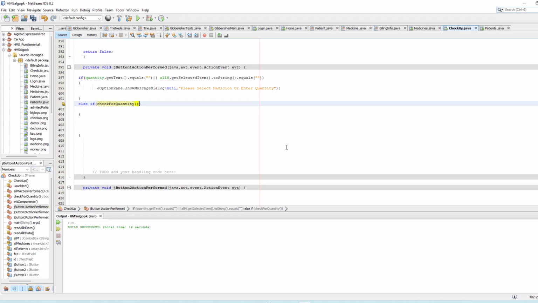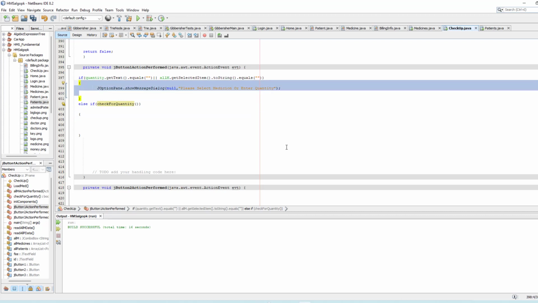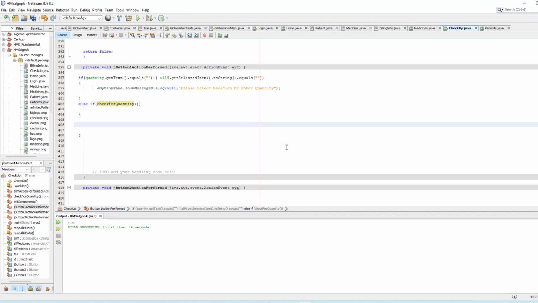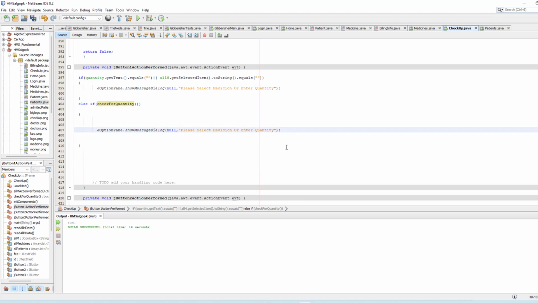So what we have to do here, we have to copy this message and display. Current quantity is greater. Okay, so our current quantity is greater than the available quantity. Okay,